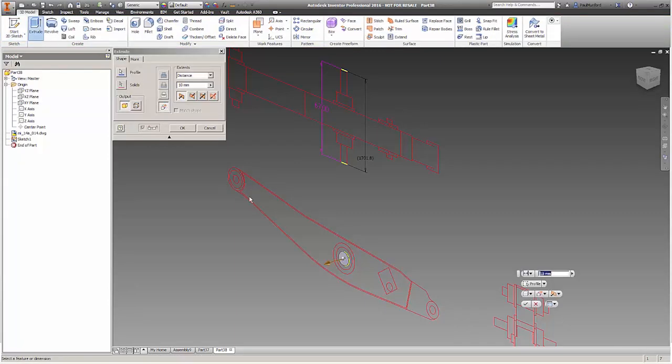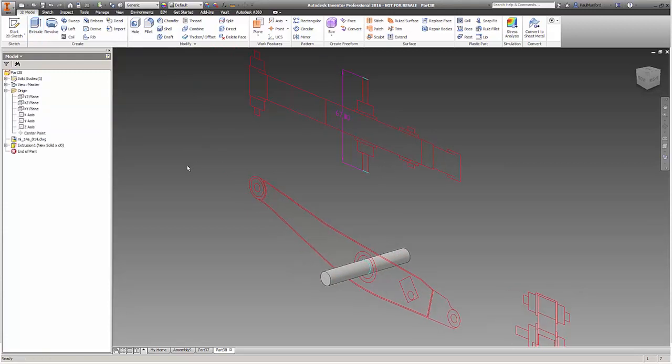I can choose extrude. I'm going to extrude out this boss. It's picked it for me because it's the only closed loop here. And I'll reference in this feature here. Okay, choose OK there. So now the cool thing is I can switch into AutoCAD,